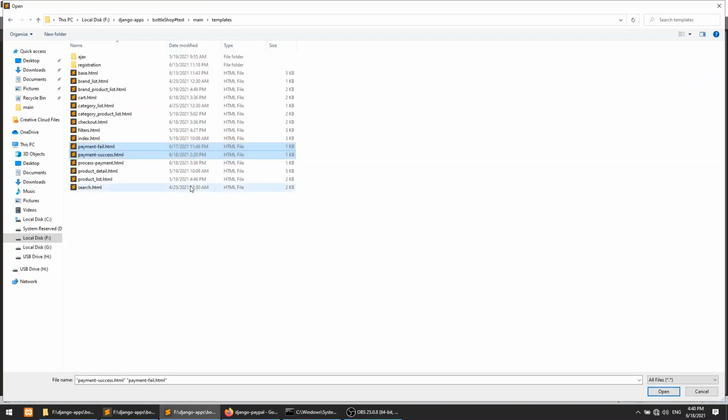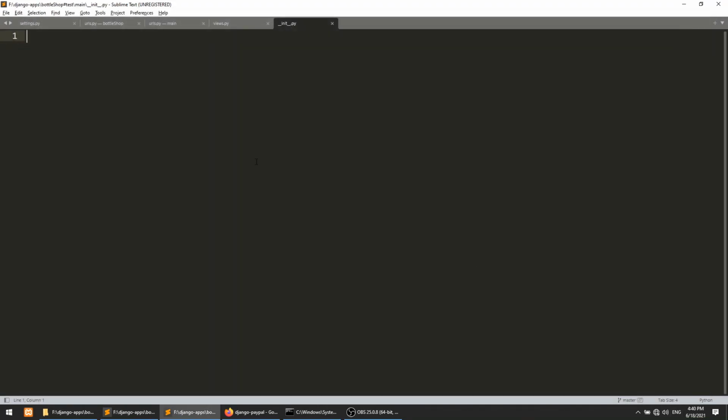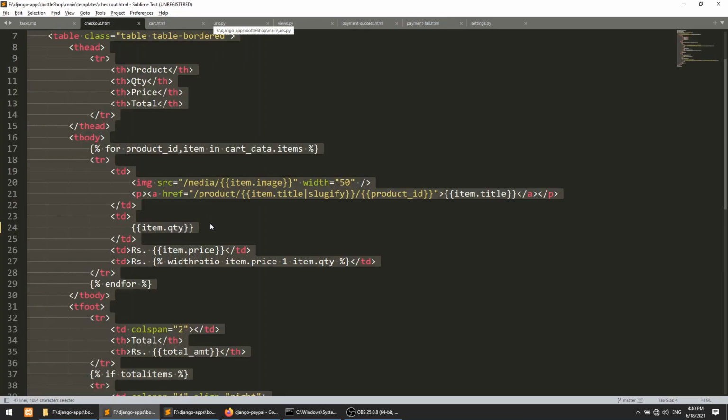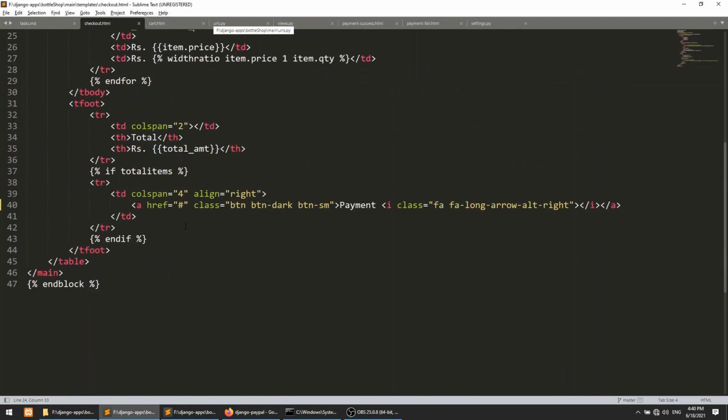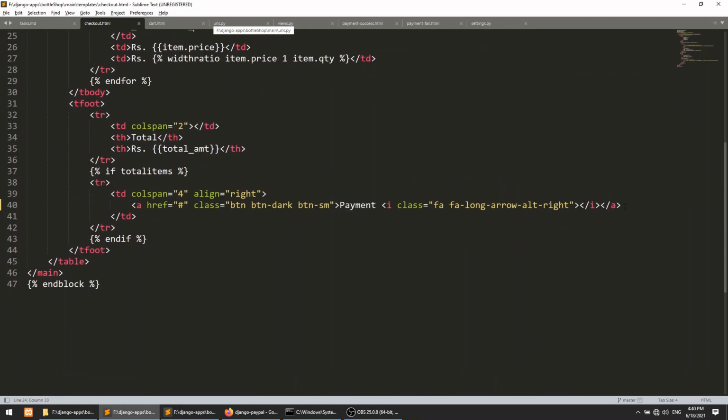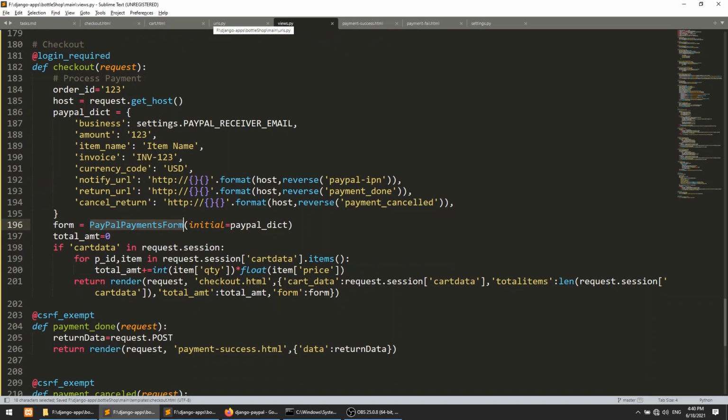One more thing we need to do in the checkout.html. Here we have a payment section, and in this payment section I will load the form. Which form? The form we are sending from the checkout view. And we are already passing all the data.